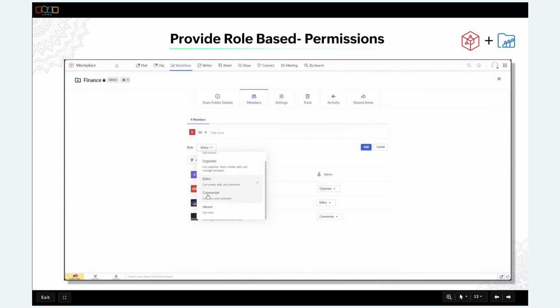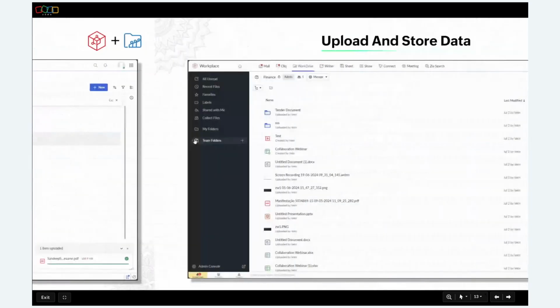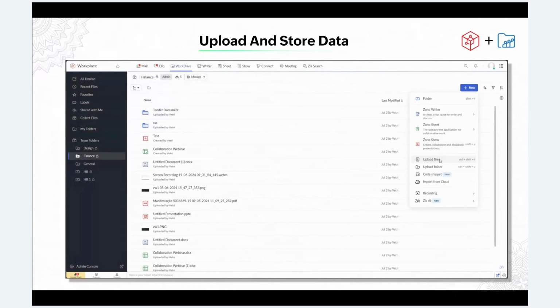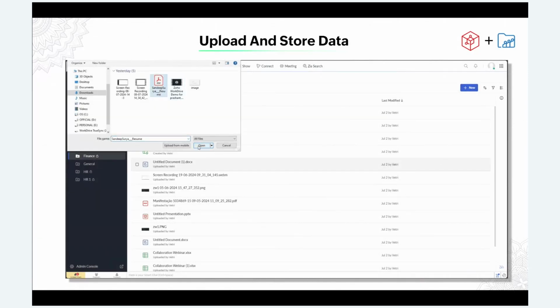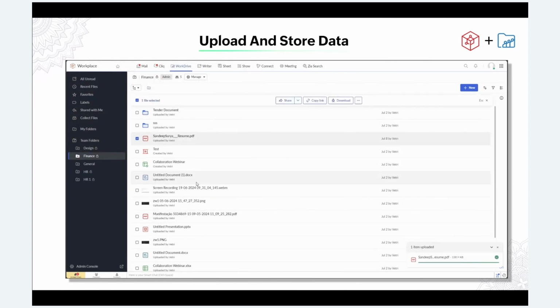Now I have a question on how my team members and I can bring documents into WorkDrive. All right, so addressing this question, Priyanka, you can bring any file formats from your desktop and even pick them up from other cloud services onto WorkDrive. Plus, WorkDrive supports creating audio, video, and screen recordings, and you can also leverage our advanced Zia AI to generate